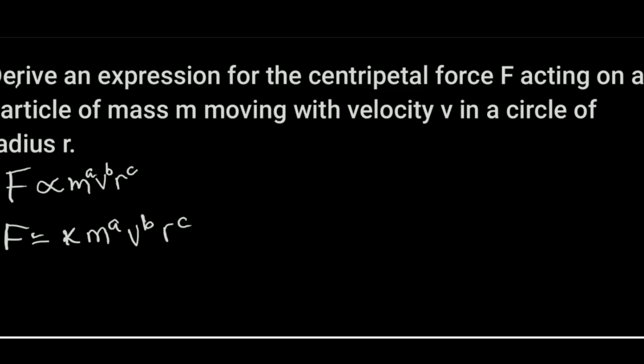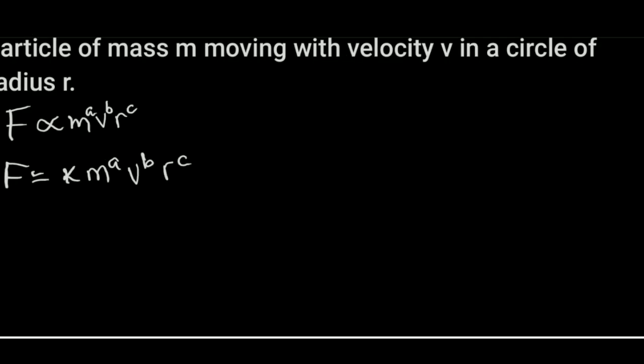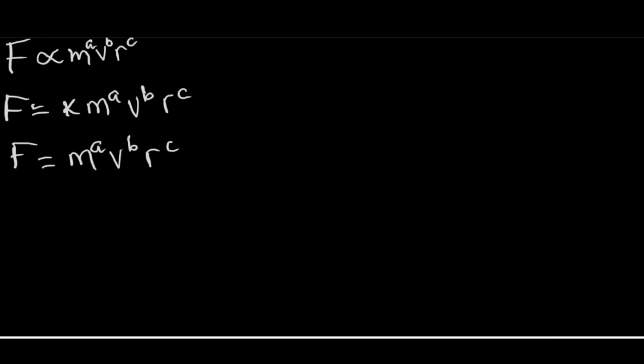Okay. So to use dimensional analysis, we need to understand that k, being a constant, is to be ignored. So we'll have our expression as F equal to m to the power a, v to the power b, r to the power c. Now let's assign dimensions for each. So the assumption is that for us to be able to derive, we know the dimensions of each physical quantity. So for force, the dimensions are M L T to the power negative 2, which is equal to m, the mass, raised to the power a,